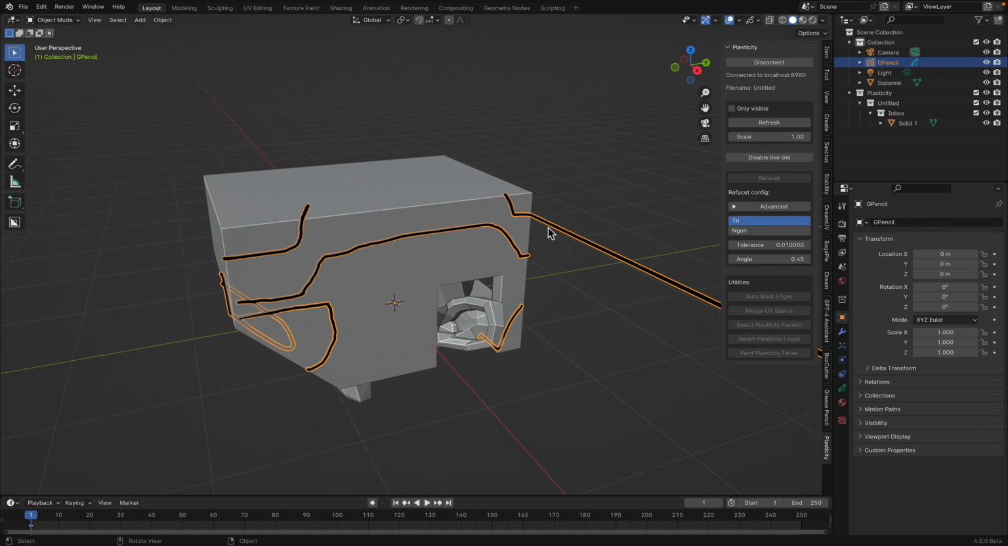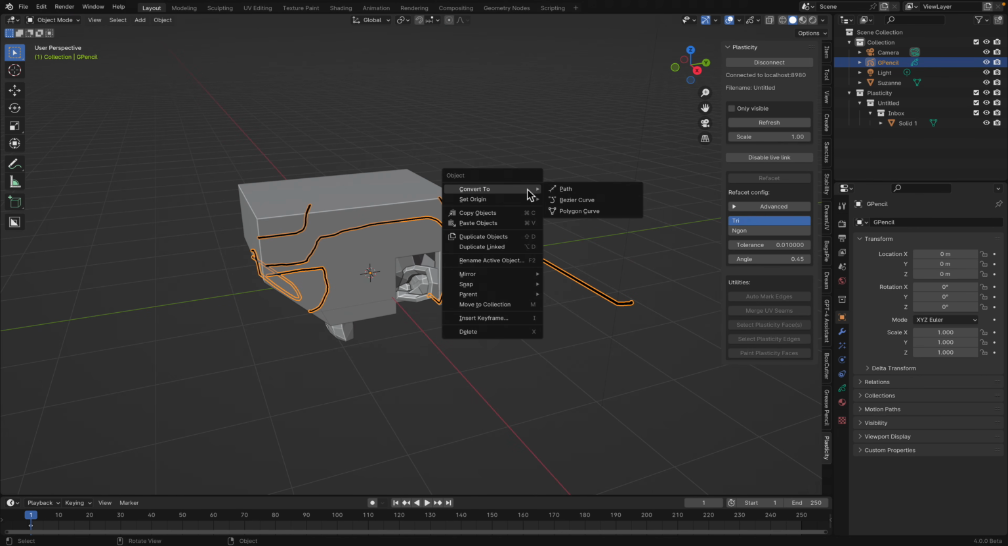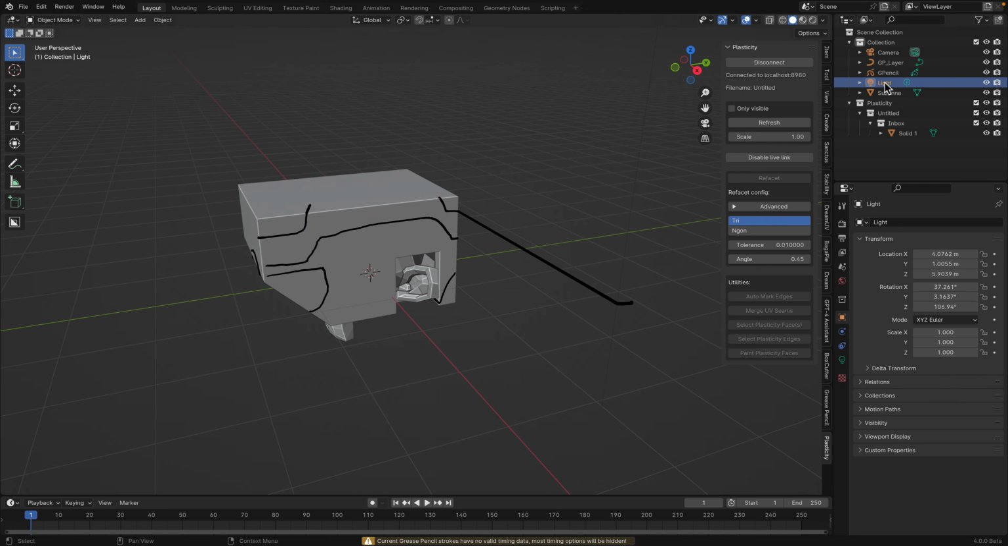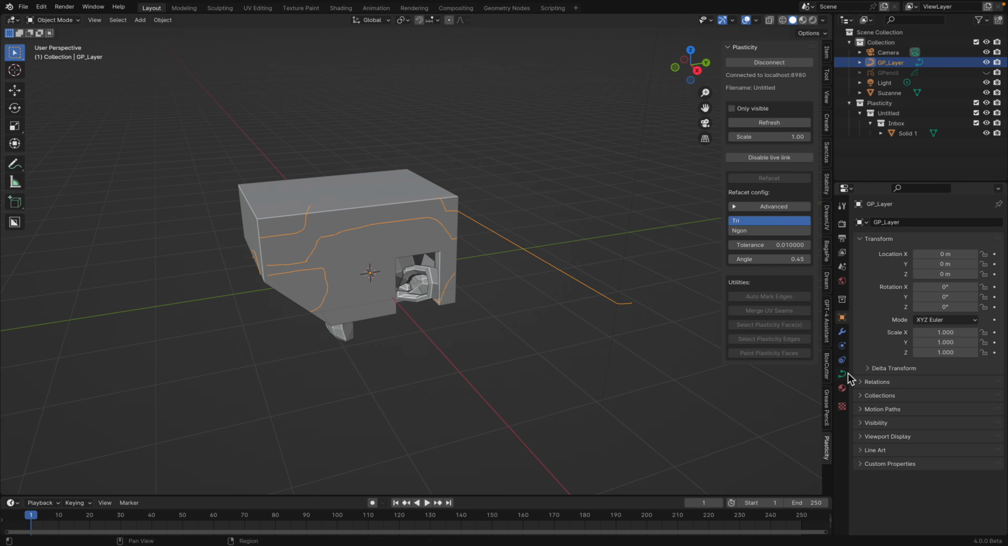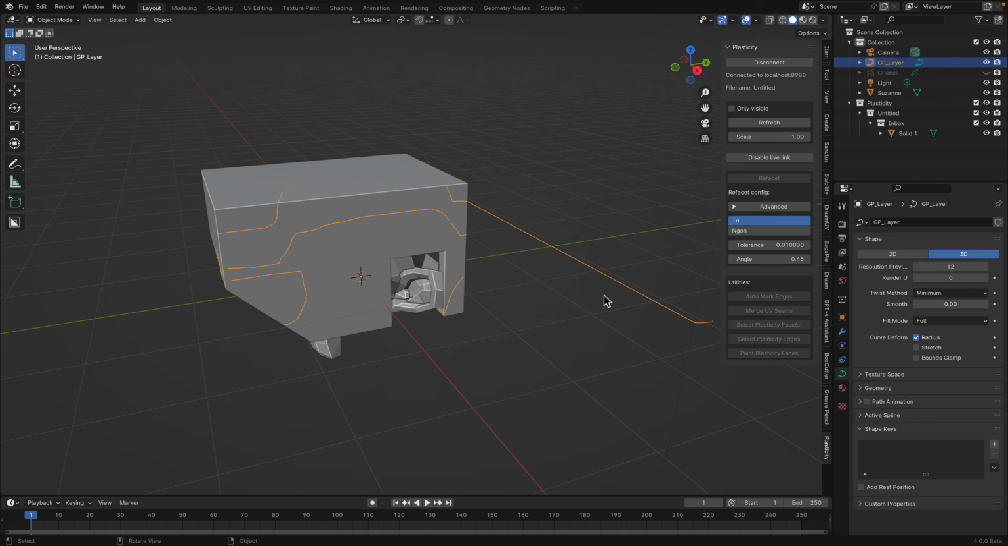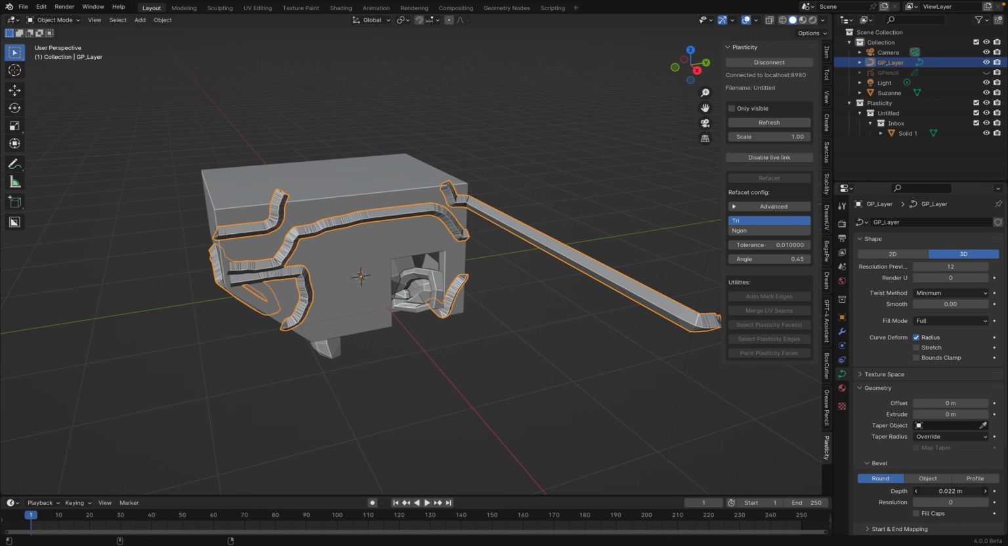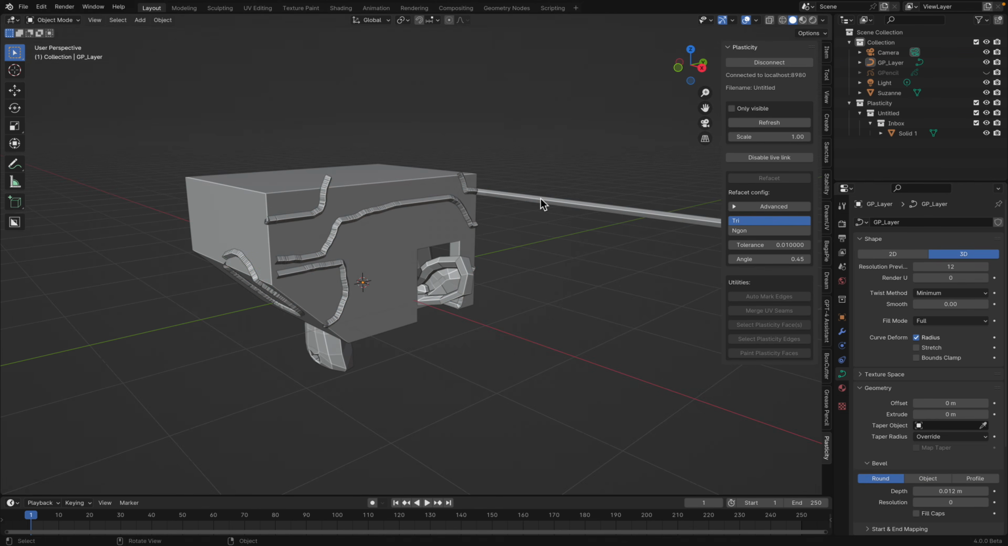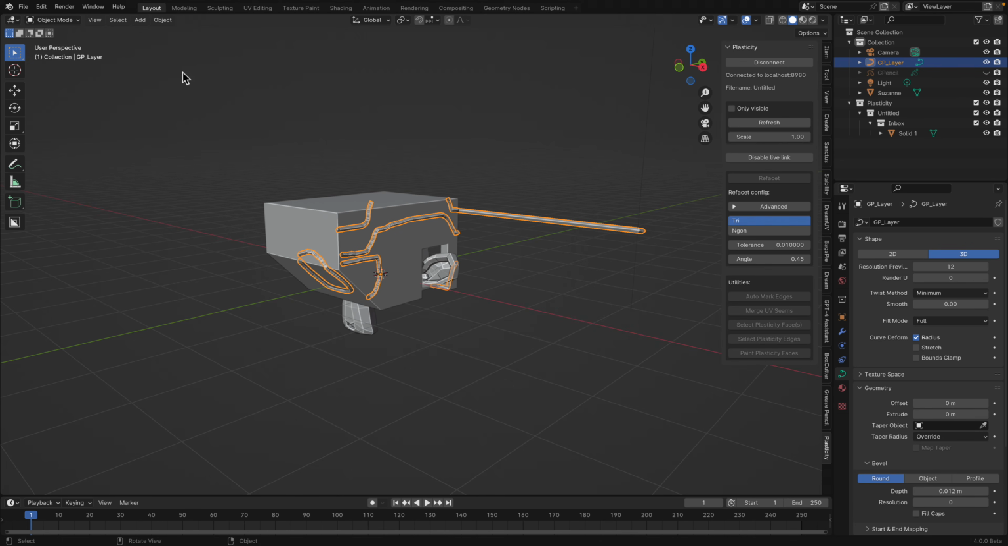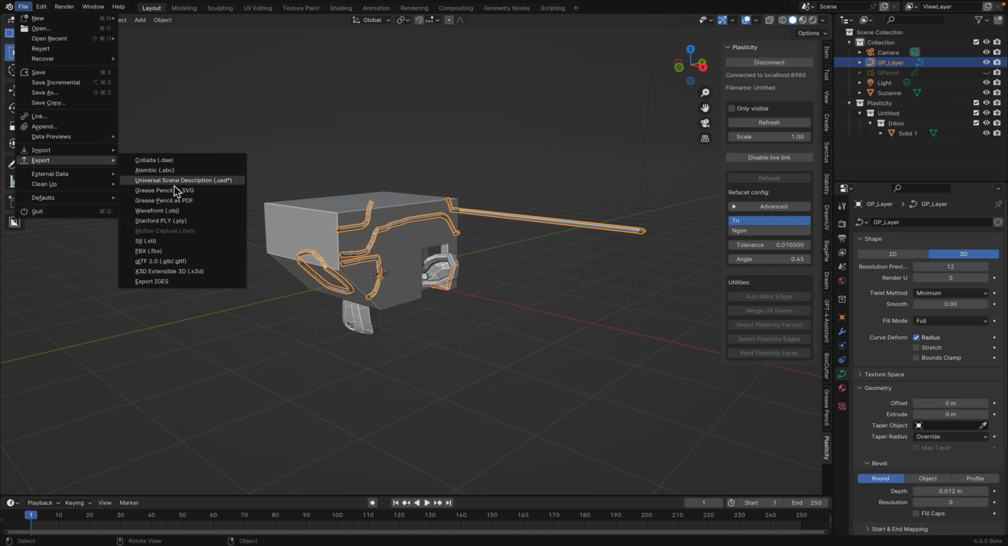Let's say we are pretty happy with this. We can right click, convert to Bezier. We get a curve. Turn off grease pencil. We got a curve geometry, and we can turn this into something that we can export into Plasticity. That's the idea. File, export,